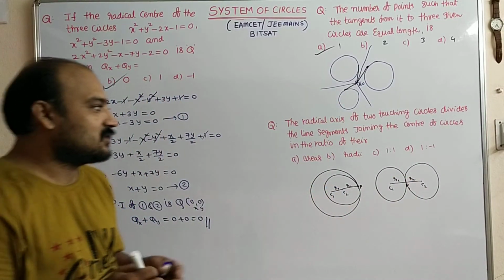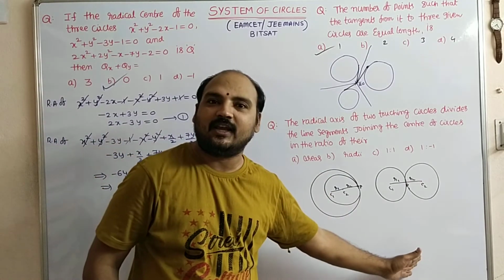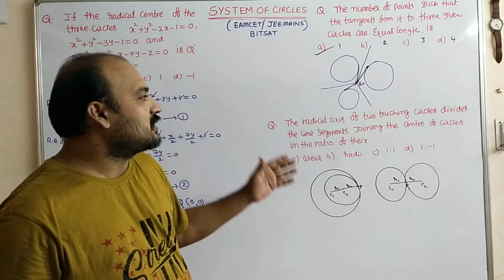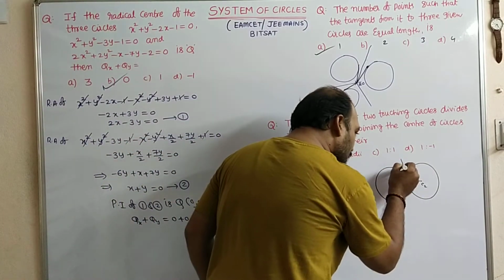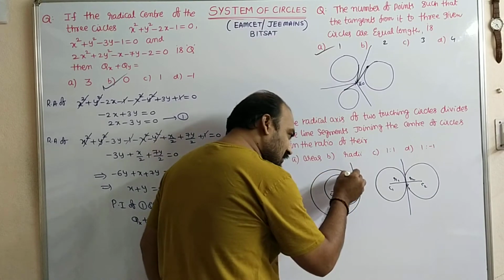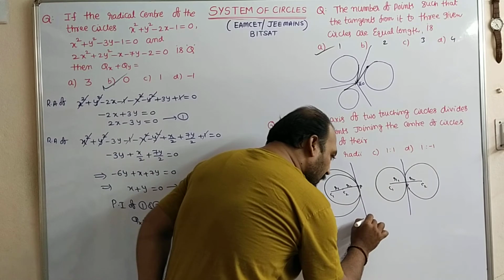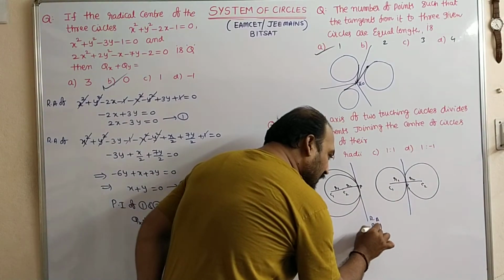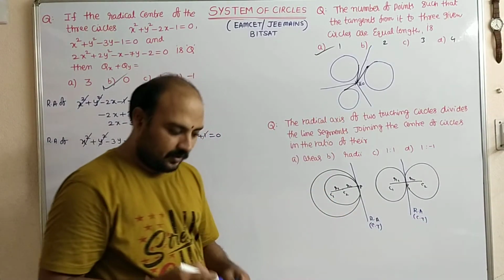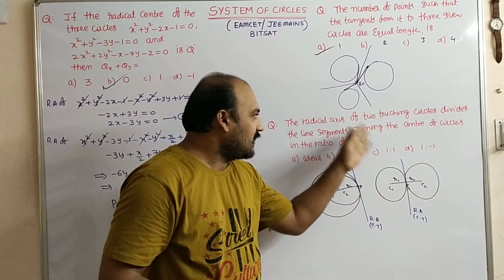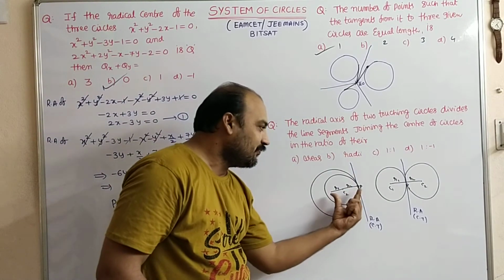The radical axis, when the two circles touch each other, internally or externally, is itself a common tangent. So what is the common tangent for these circles? This one. For these circles, this one. This common tangent is a radical axis as well as a common tangent. Both are the same. CT, common tangent. Even here also the radical axis and common tangent are the same.